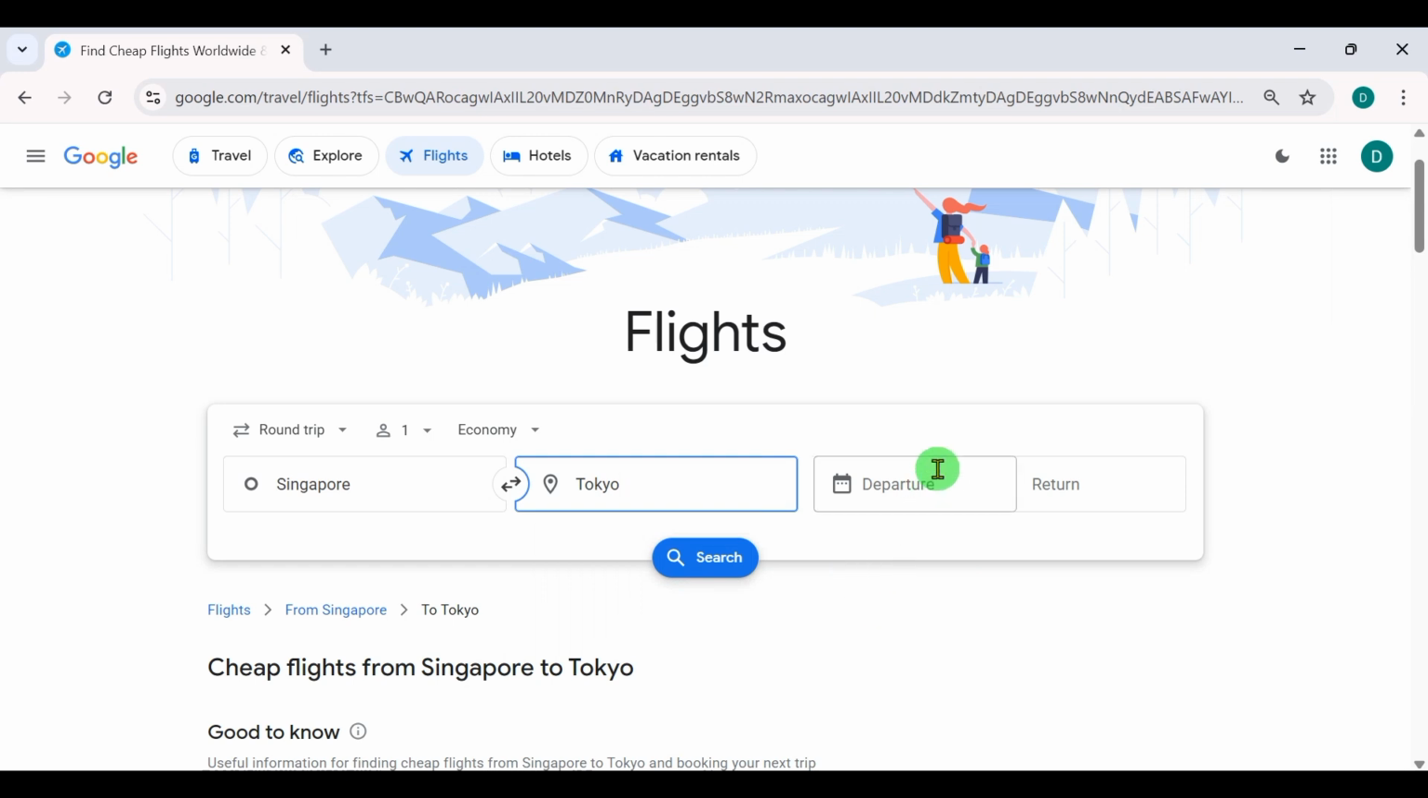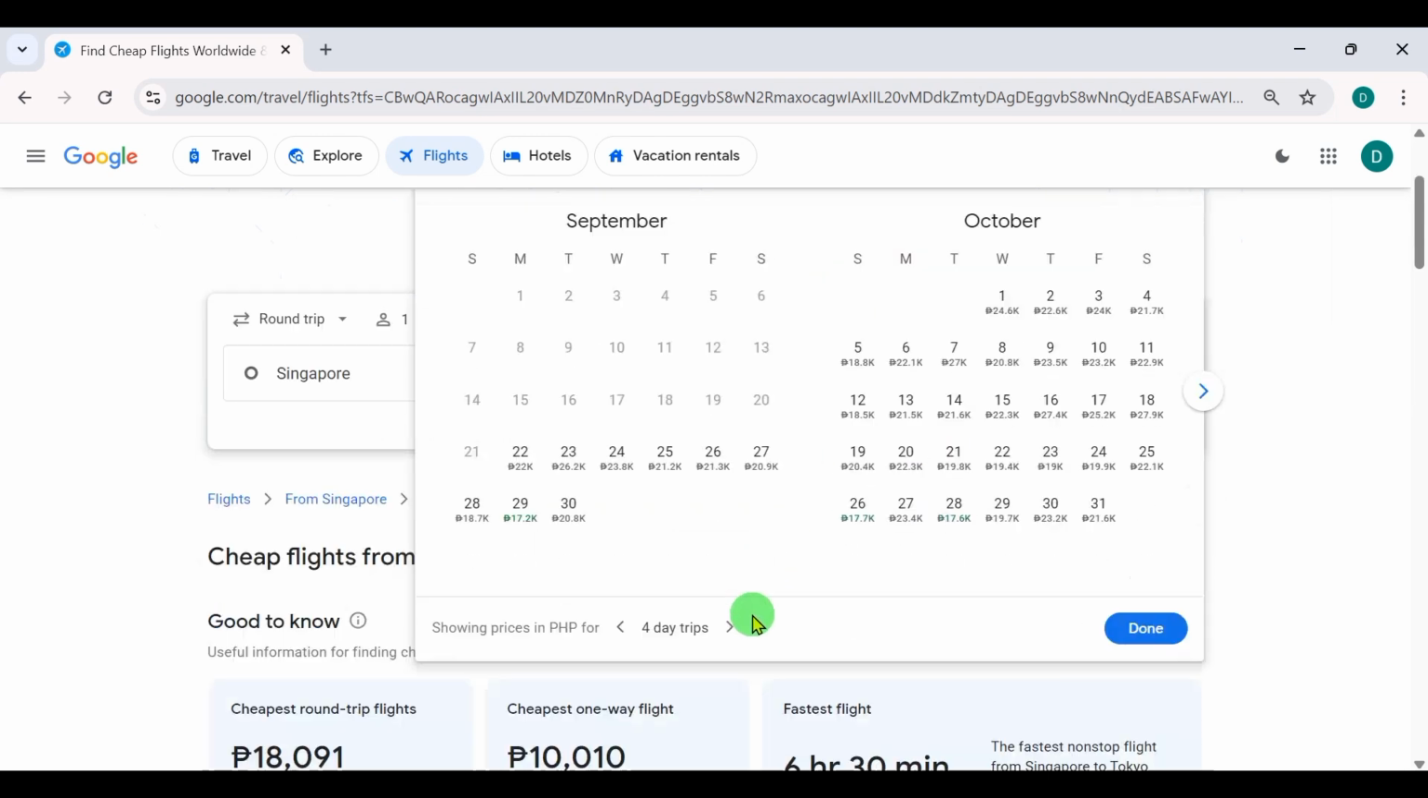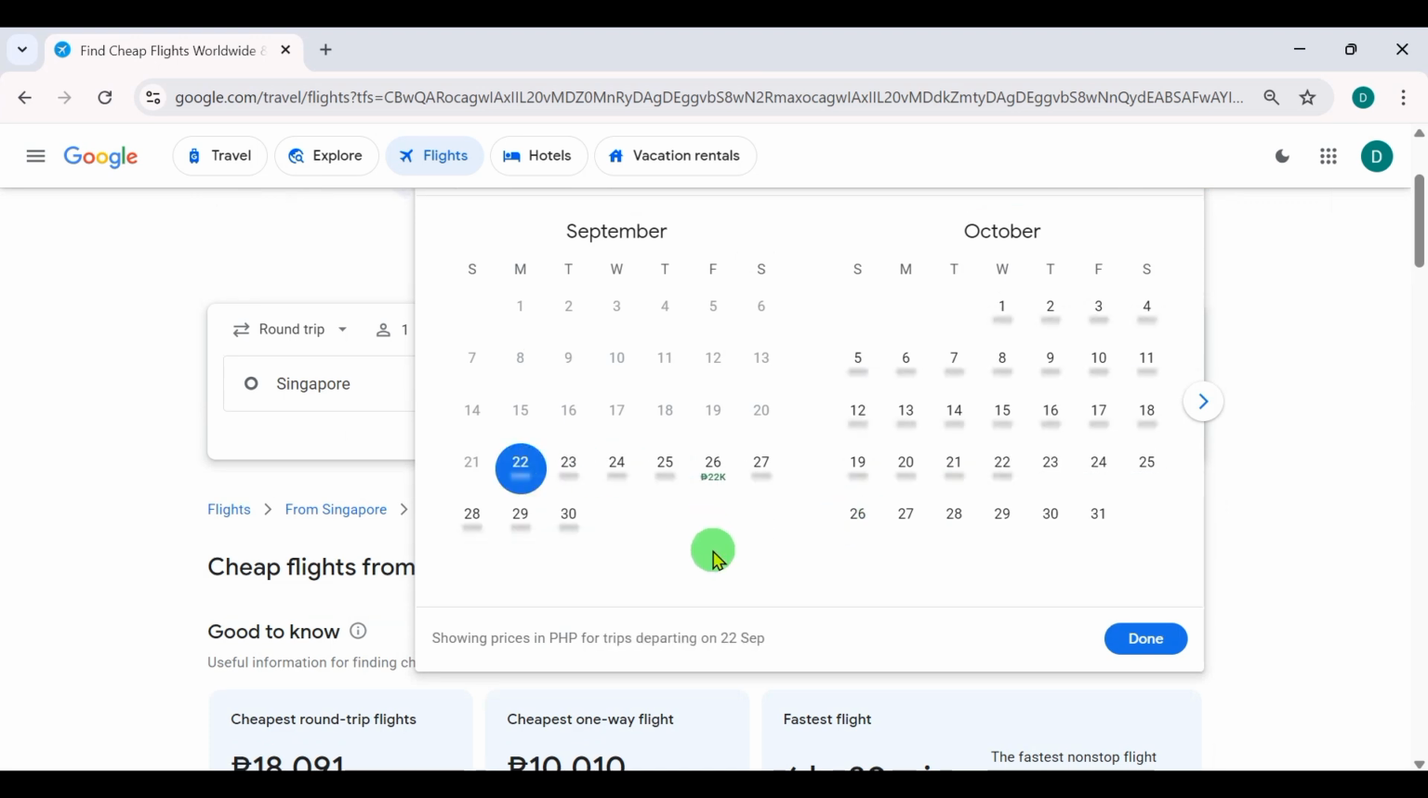Now, let's look at the dates. Click on the date selector, and instead of just picking exact dates, you'll see a calendar view with flight prices listed under each day. Here's the trick. The more flexible you are, the better your chances of finding a cheaper flight. For example, if you're open to leaving a day earlier or coming back a day later, you might save a